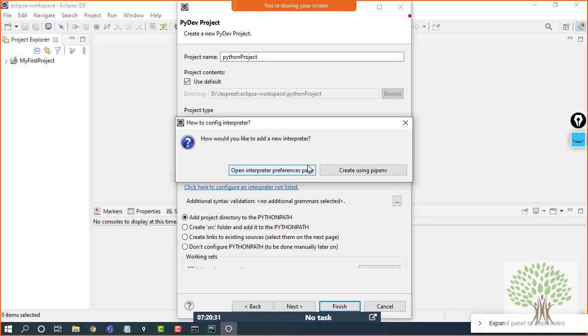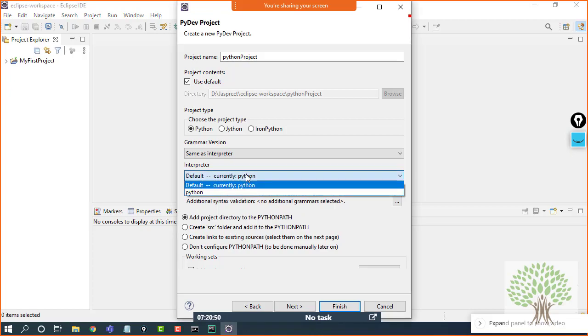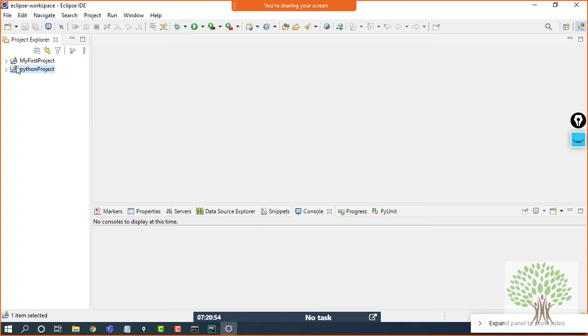The Python path will be automatically picked up and set over here. If you haven't, then you have to manually configure it and pass on the path. In my case, it has already been picked up from the system variables and taken as Python itself. After that, click on finish and your project will be here.